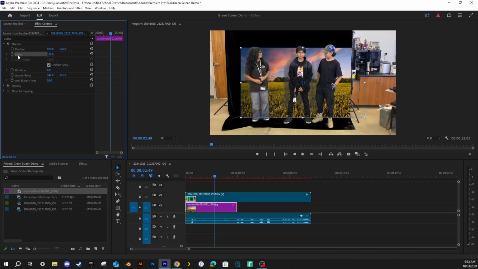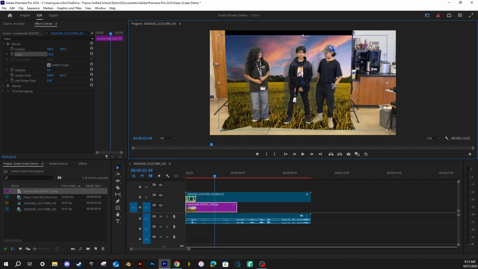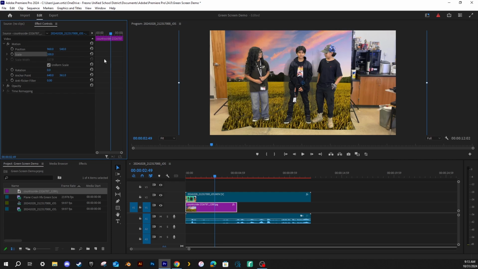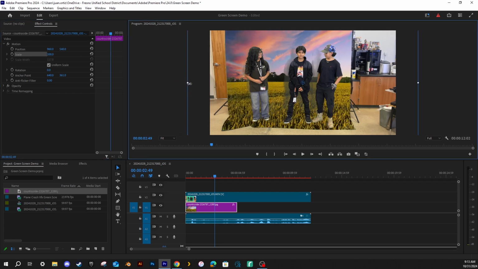Scale deals with size. So once I click on Scale, you can see there's dots on the corner. You can either drag the dots, and you'll see it scale up. Or if you click here and you know how big you want it to be, you can punch in a number, like 200. 200 is a little too big, so I'm going to bring it down because I don't want it